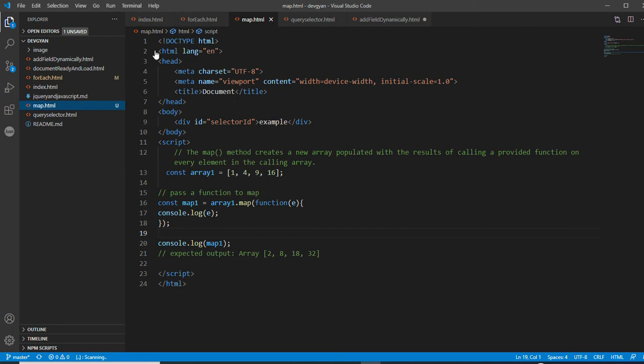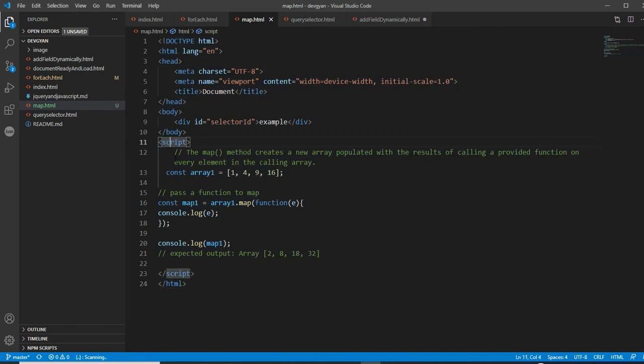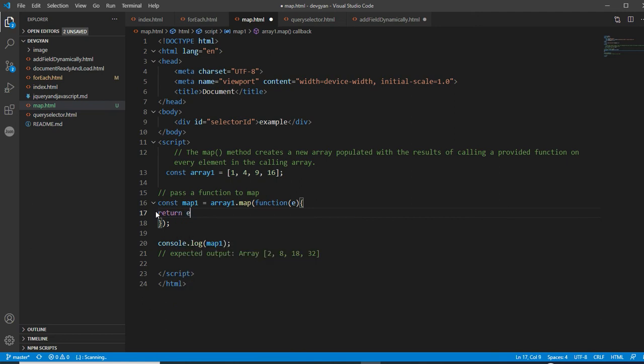You can notice that this is a simple plain skeleton of HTML, where we have provided a script tag. Within this script tag, I am writing some script. This is an example of the map method. Like forEach, you do almost the same thing in the map method. Suppose this is the array, and you can see here that I am returning A.